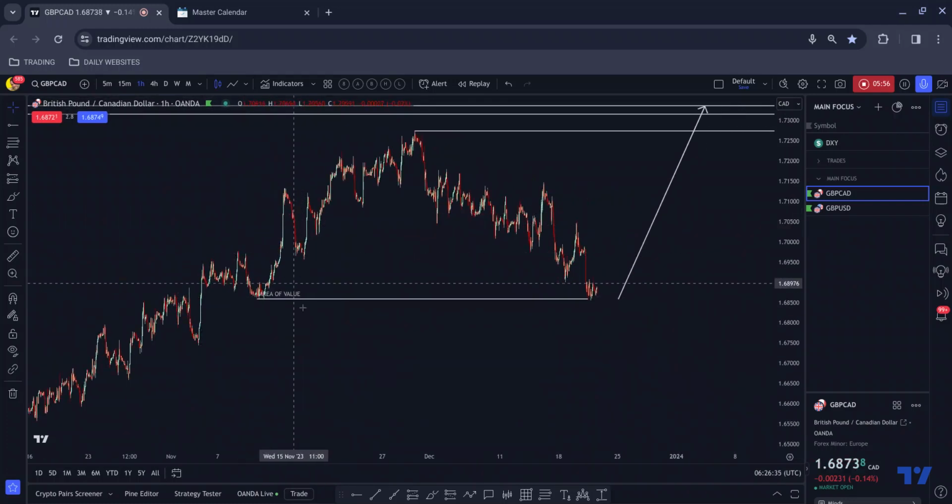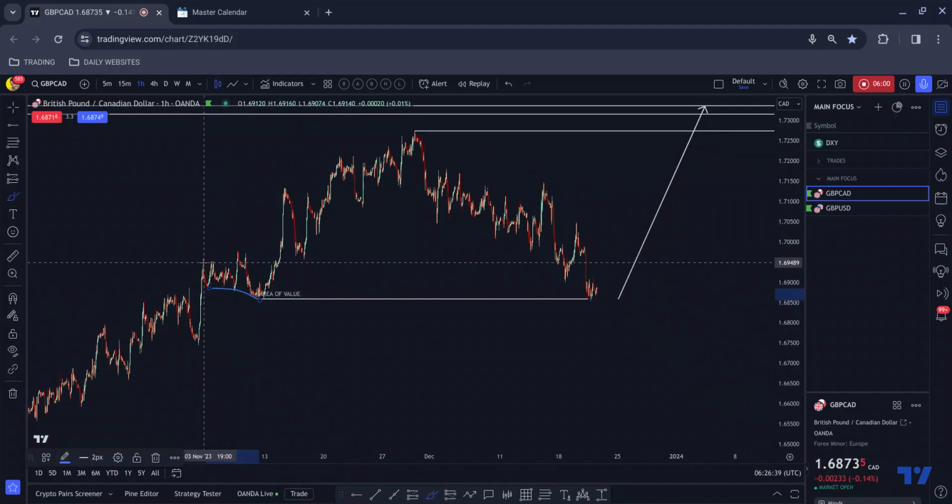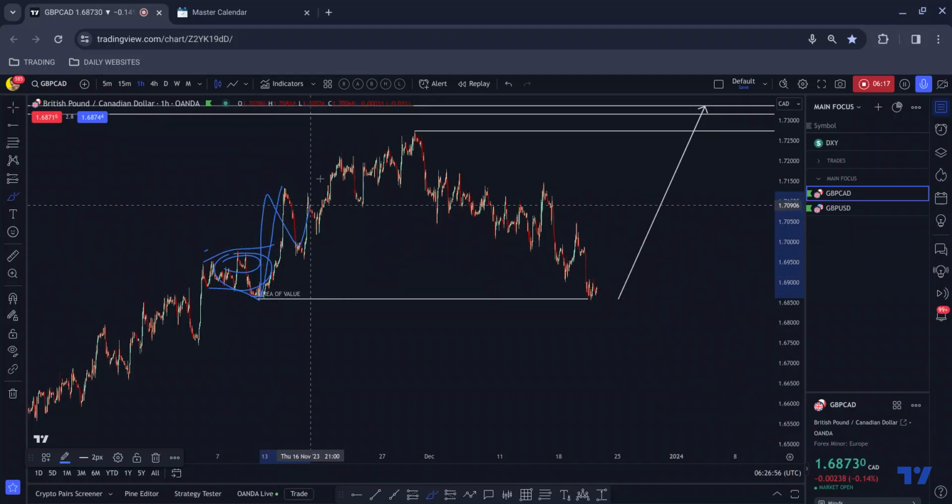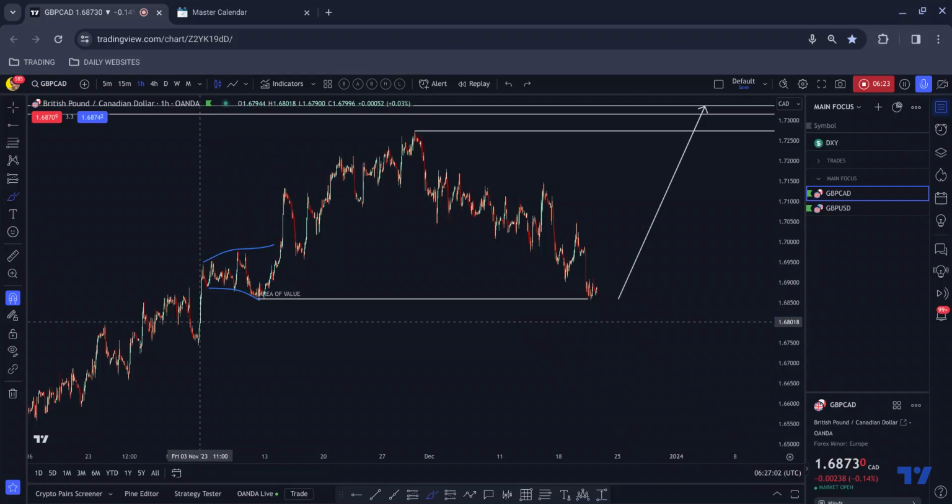So I'm not surprised that we moved down here, because if you look at this, there was volume in this area, okay. And last time there was enough volume at this low, within all this volume here, to cause price to break out to the upside. This was the start of this move to the upside after all this volume was generated. So I'm not surprised that we've moved down to there.